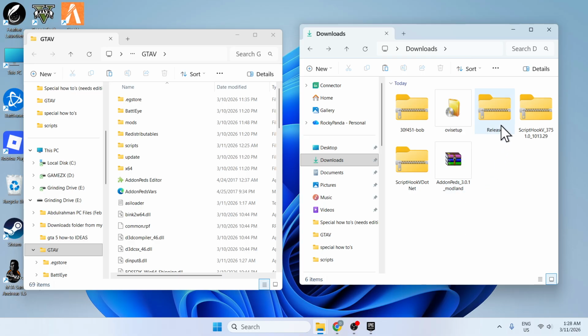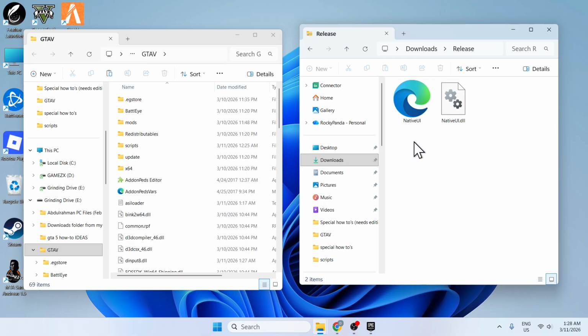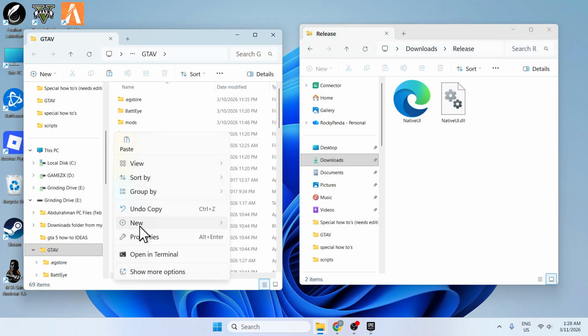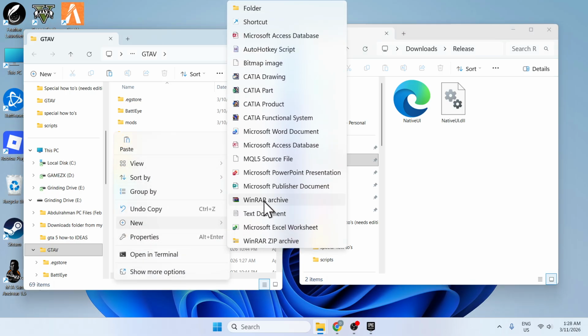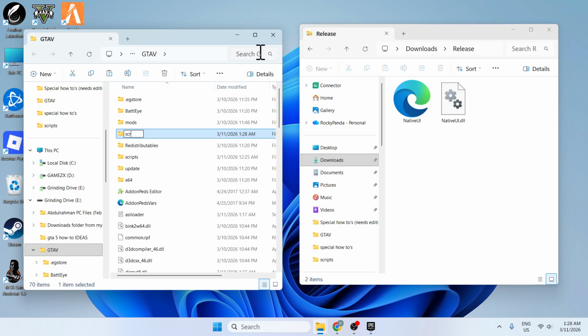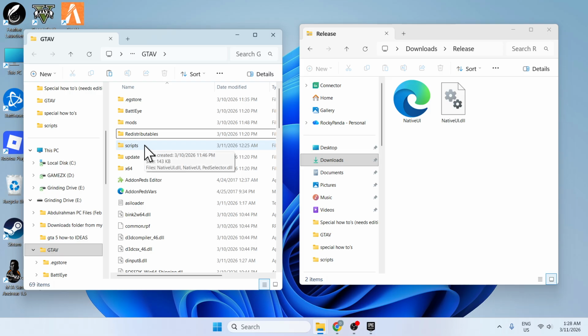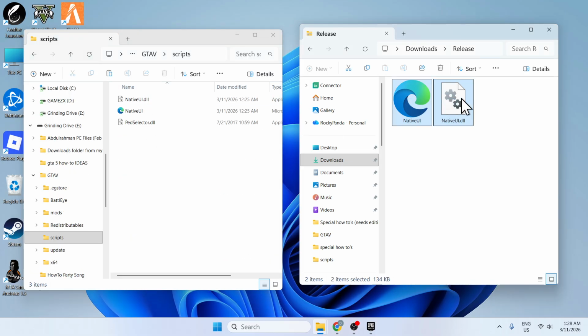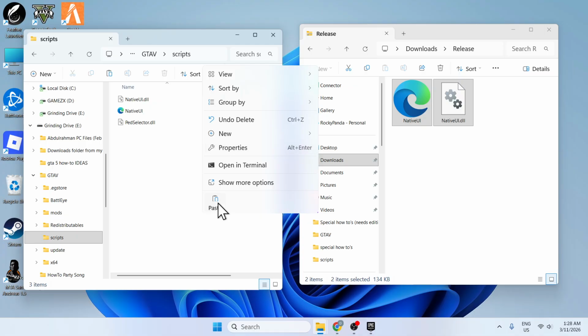And now let's go to the native UI. Before you do anything, just make sure you create a scripts folder if you don't have one. So go to new folder and just name it scripts. I already have a scripts folder, as you can see here, so I'm not gonna need to create a new one. If you don't have one, just create one. Go inside your scripts folder and just copy these two and paste them here,